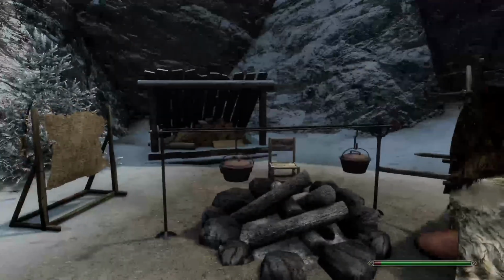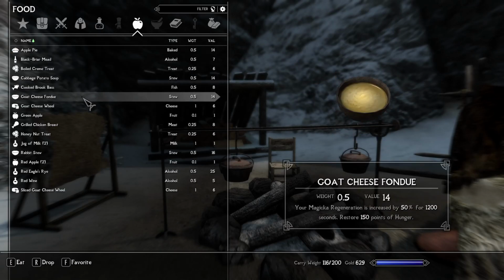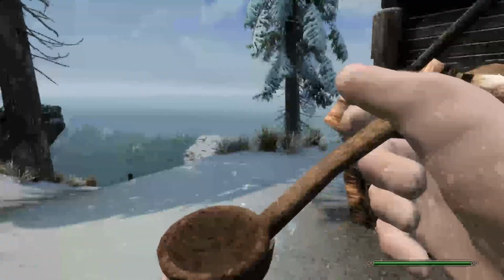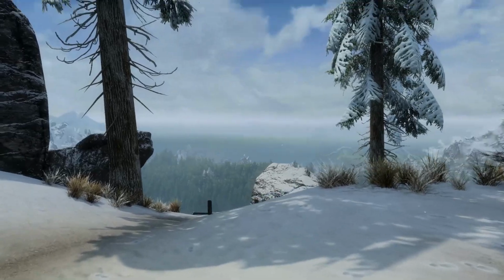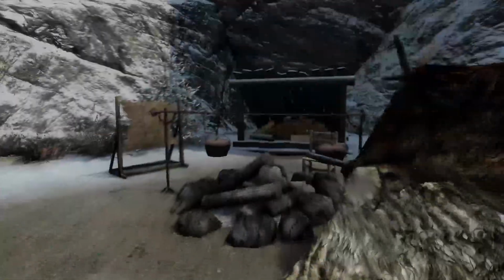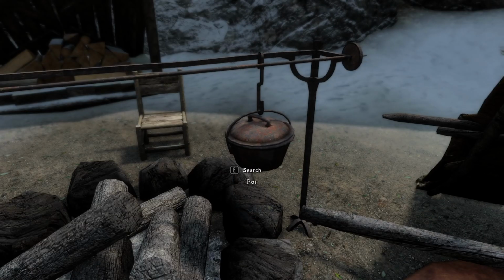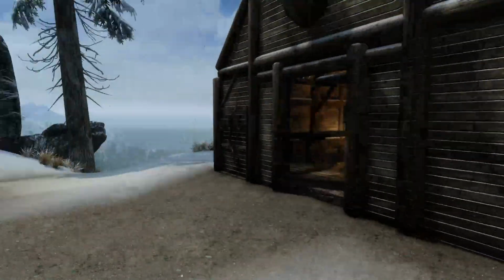Yeah, that's cool. Oh, let's eat something first. Let's go with a soup. I have mixed feelings about that sound effect. Let's see if there's anything in these pots. Yeah, that's fine. We don't need that. Wait, do we have ingredients? No, we don't. That's fine. So, I guess...